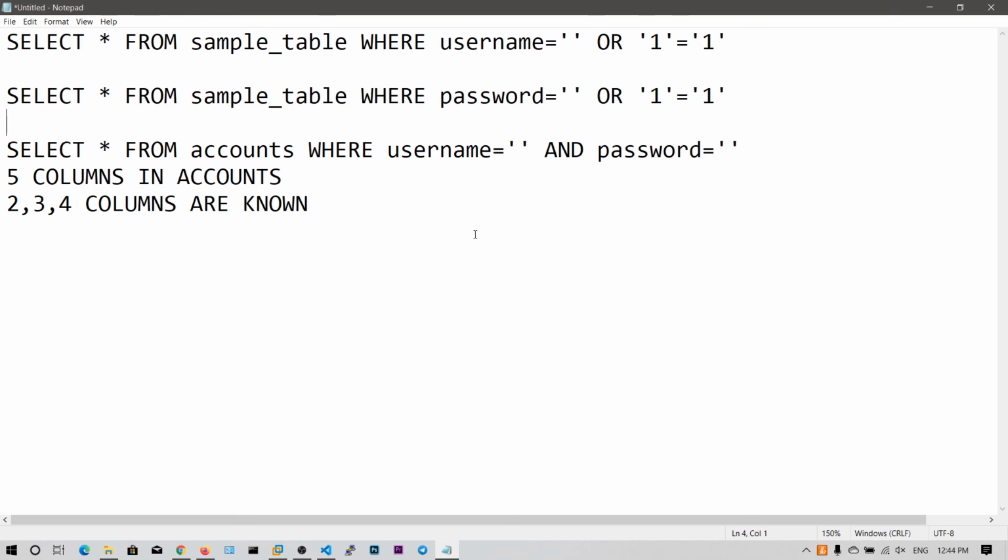I hope you have understood. Like in the previous scenario, what we have done is changed it to a string so that we do not get any conversions when we send the data. That's all we did, but it's checking two times, one for the username and one for the password. If it's successful for the username, it will also be successful for the password.